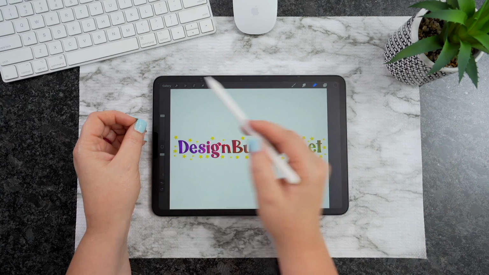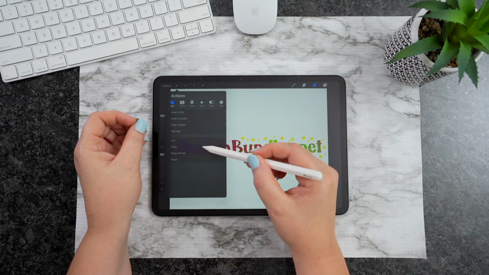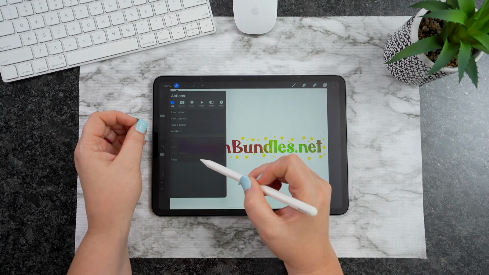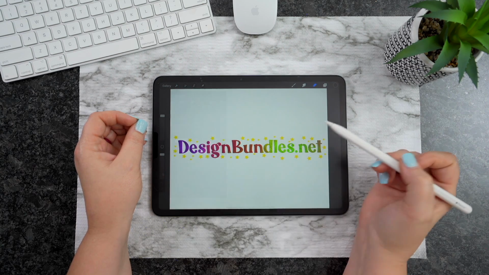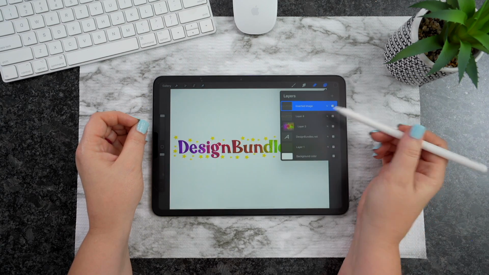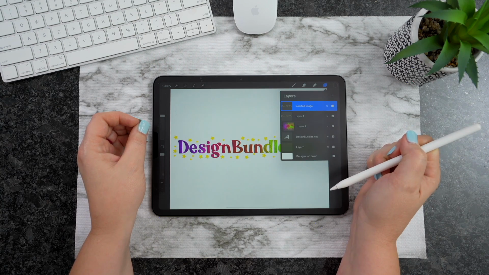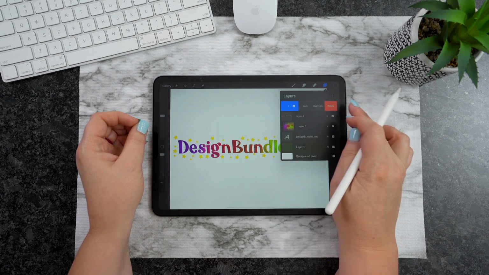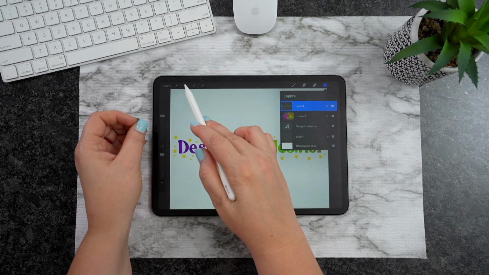So let's go ahead and undo that. Let's go back in here again. If we copy this, this is simply going to give us another layer, so you're going to be able to just paste that right in. So cut takes it away, you can paste it still. Copy, it's still there. It's not going to take it away, and then you can paste it. So let's go ahead and delete that.